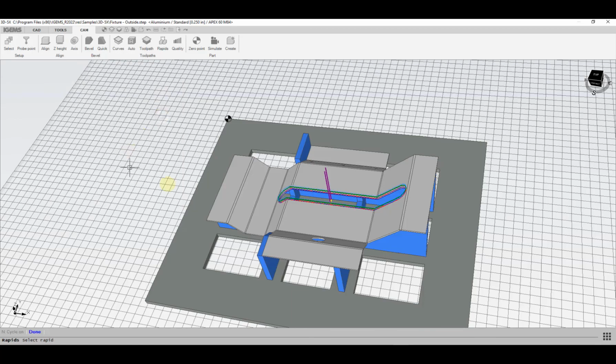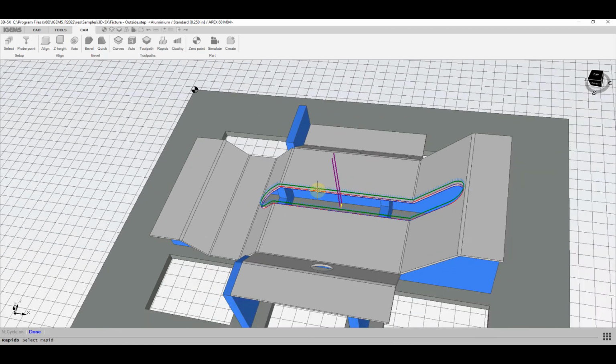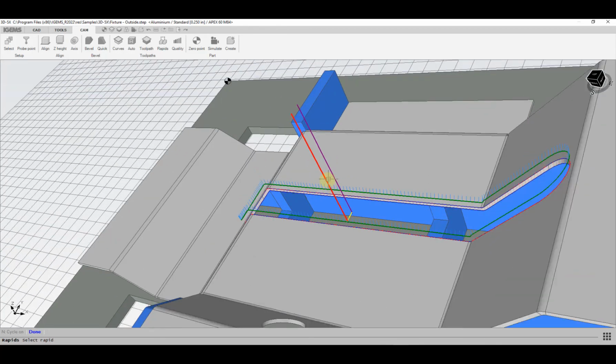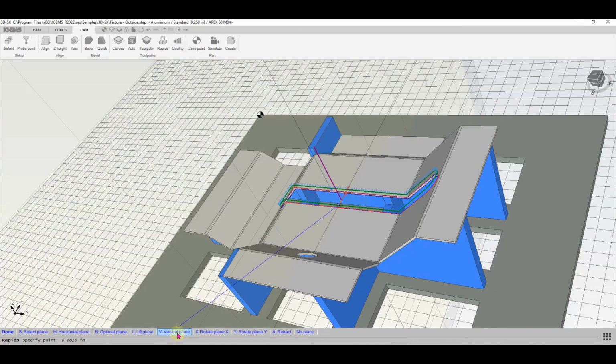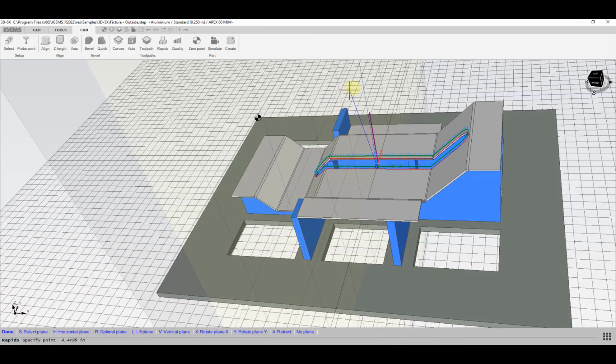So click on modify and choose the rapid that we want to modify, which would be this one here, which is at the end of the cut, because this one is for the lead in. Click on this. So first we can tell it basically go vertical and tell it how many inches that you want to lift up vertically,